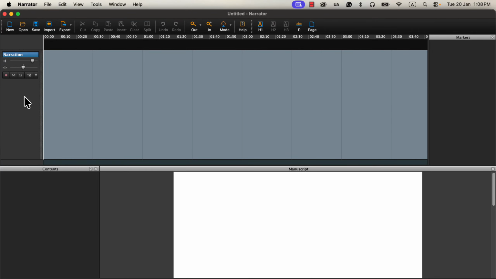If you've recorded with other software before, recording in Hindenburg Narrator will look a bit different. The recording process here is actually a two-step process. It may feel a little unusual at first. I'll show you how it works in a moment, but before that, let's make sure the correct microphone is selected